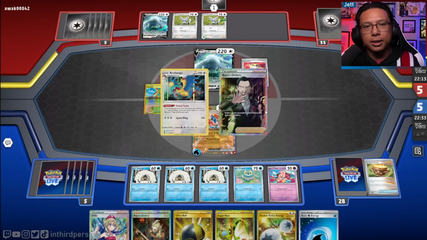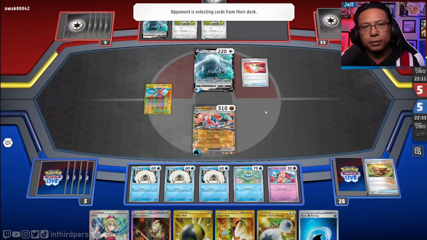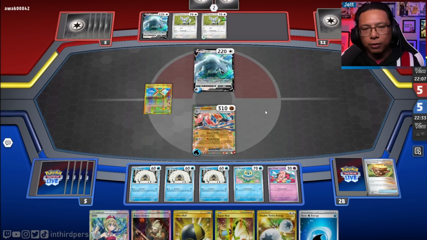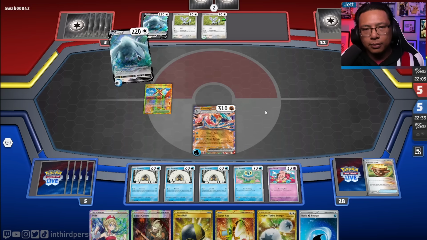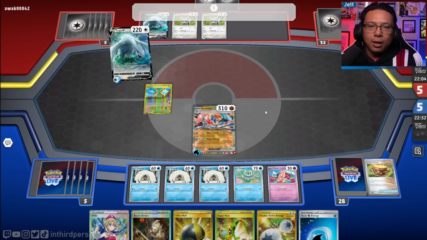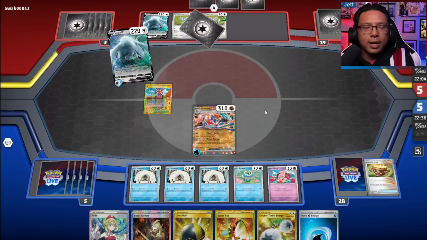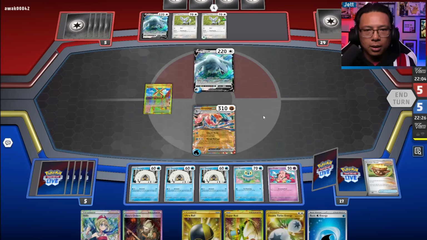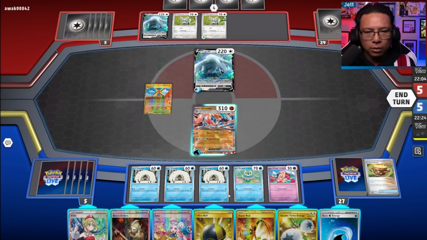Oh, yeah, they're going to get set up here. Potentially. Yeah, the Chinchinos horrify me. Okay, we are capitalizing on our opponent's snow start, but yeah, we are going to snipe out these two Chinchinos and force them to...